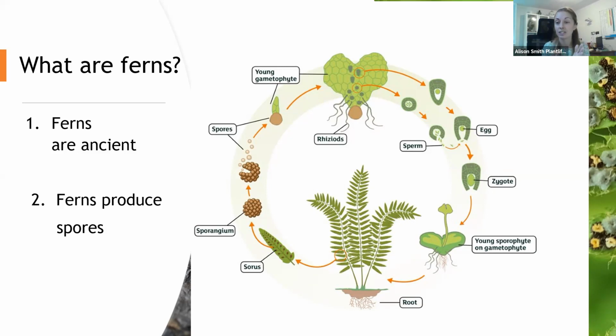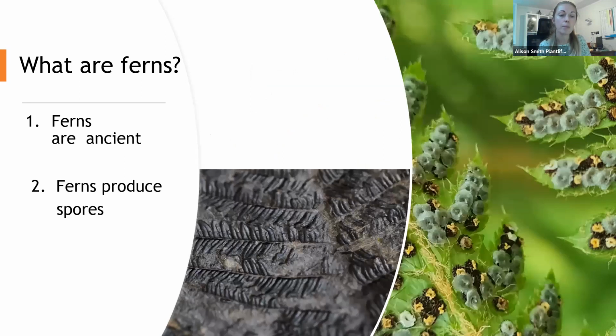Once that fertilization has occurred, as I say, we then get the plant growing as we know it, the fern with its fronds, and then the spores are produced usually on the underside of those fronds. And we're going to look a little bit more shortly at what those structures look like and how they work. So ferns are ancient, they're spore-producing plants. It's a very primitive form of reproduction that came long before flowering plants evolved. But they are